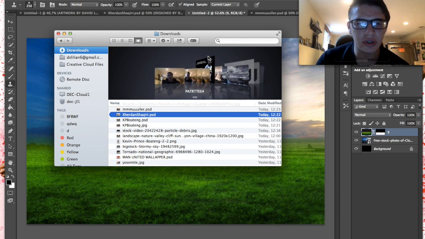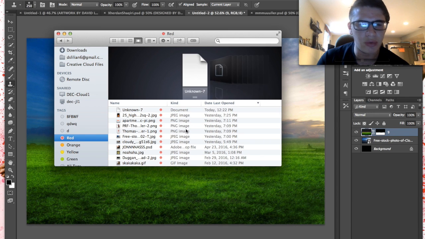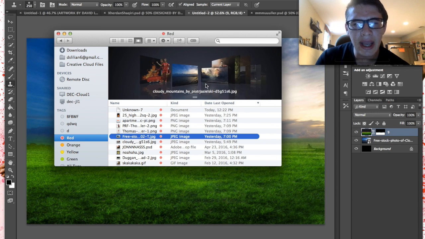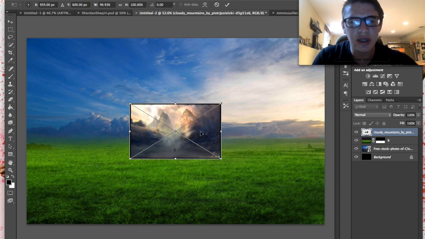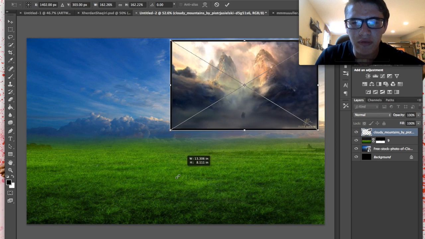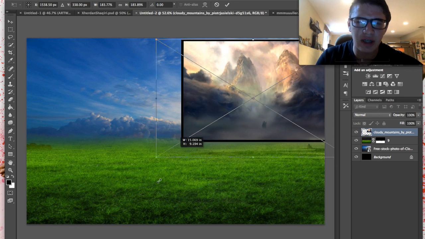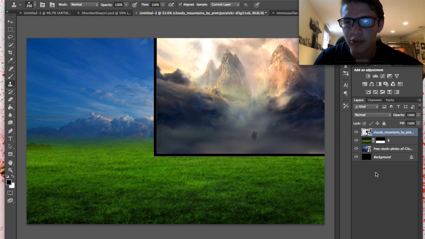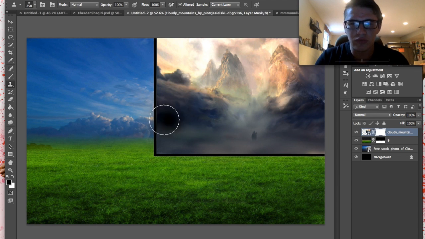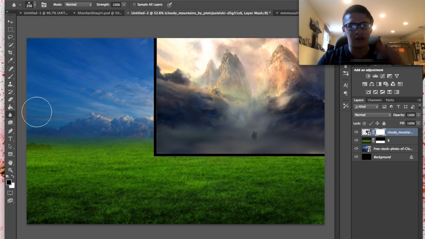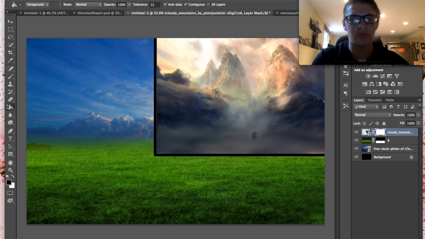So we are going to get some mountains. And let's see, we have one here. Now this is actually a really nice job from somebody on DeviantArt, and I hate the fact that I stole it from them, but I absolutely loved it. I just had to. So I'm going to actually link their pages in the description below, so you guys can go check the person out that made this. Really,